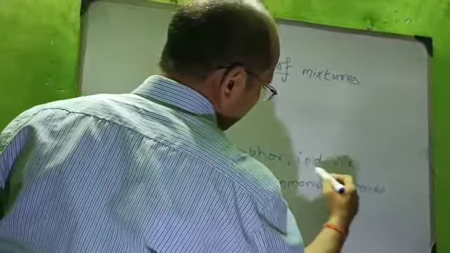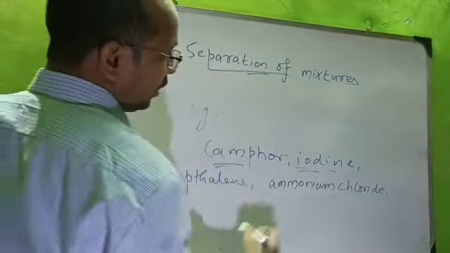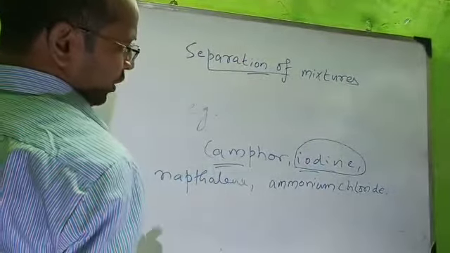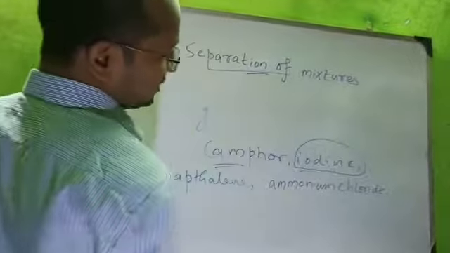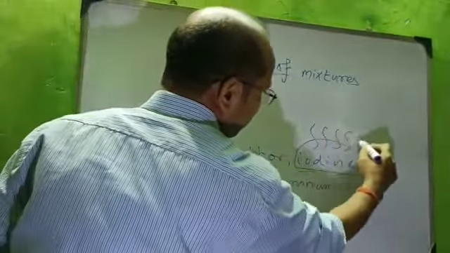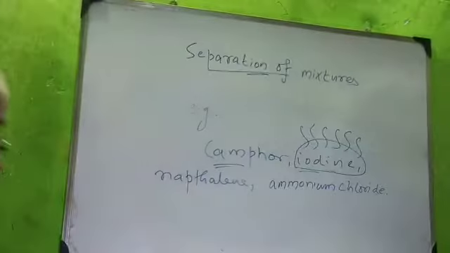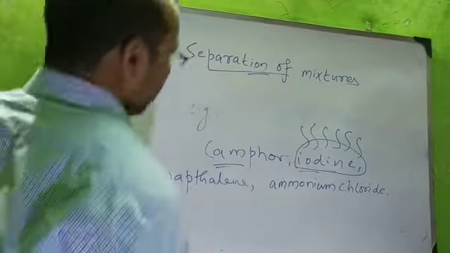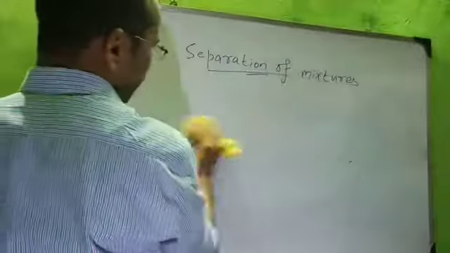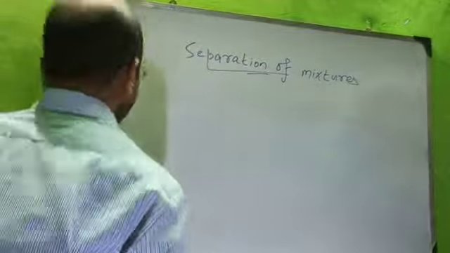So we should not cook the food for a very long time, meaning the food should not be overcooked. Why? Because the food contains iodine in it, and when we cook the food for a very long time, this iodine can sublime, so it will show sublimation. It will be evaporated, and we will not get iodine, which is required for our diet. And lack of iodine causes a disease called goiter in us. So we should not overcook the food. This was the first process.